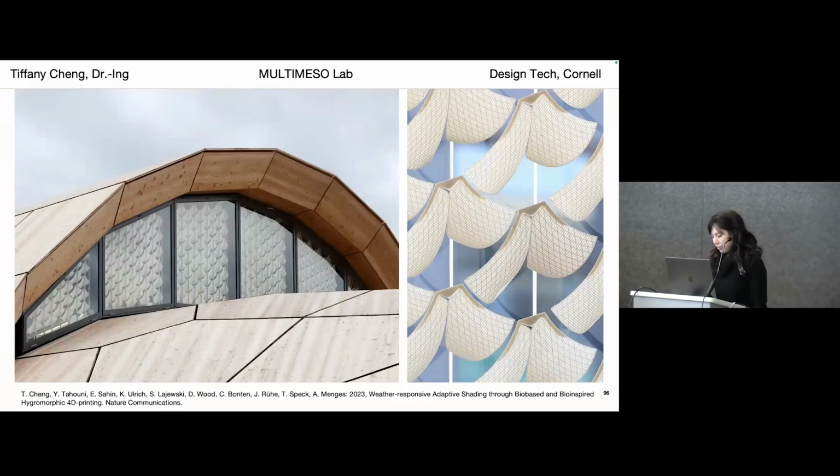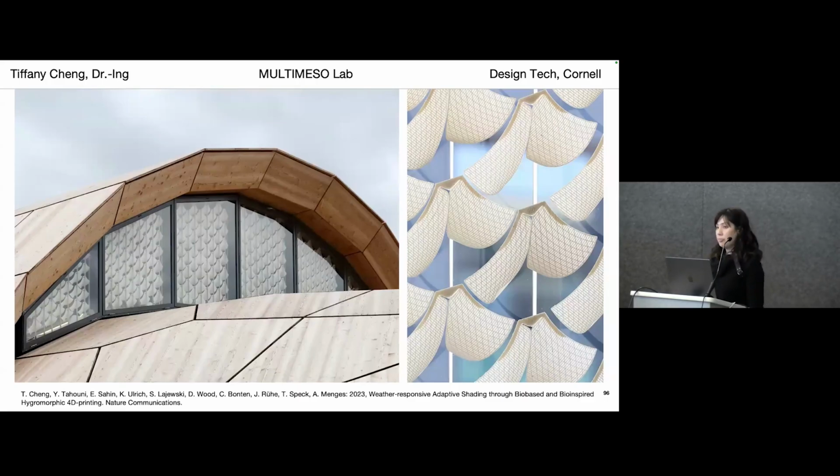So yeah, I was trained as an architect. That's my background. I also went into a master's in design and then a PhD in engineering. So I also want to emphasize that my work is very interdisciplinary. I work with biologists, I work with material scientists and physicists, and being an architect, it's always been my mission to bring these technologies from the lab into the real world, right? So that's also a big focus of my work.